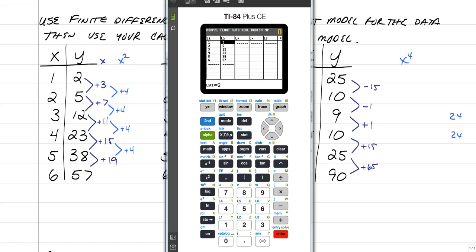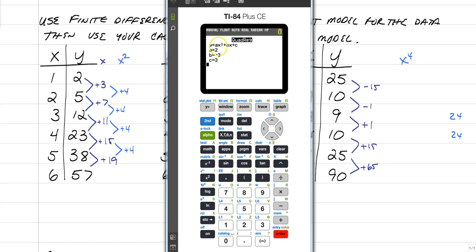So the important part of calculating the finite differences is the fact that you need to tell your calculator which type of regression to do. So once you have this typed in, you press the stat button, and this time you're going to slide over to the calculate menu, and you have now decided it's not linear, it's not cubic, it's not quartic, but this is a quadratic regression. So what you would do is go to QuadReg or number 5, and your calculator is going to ask you to make sure that you're working with list L1 and L2. If that is the case, you just have to scroll down to calculate, click enter, and your graphing calculator is